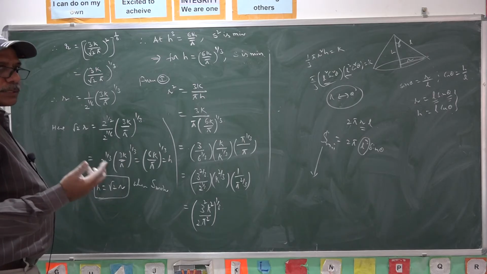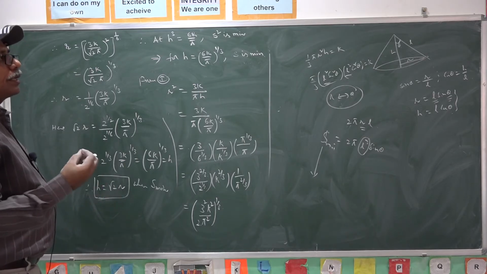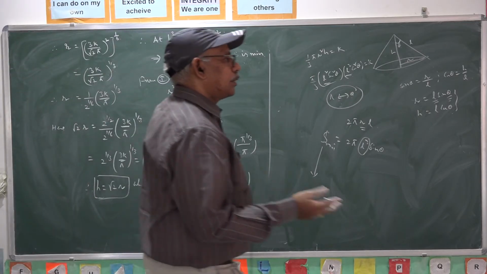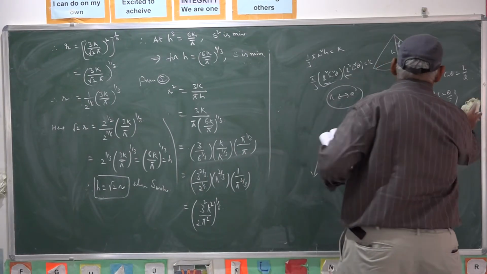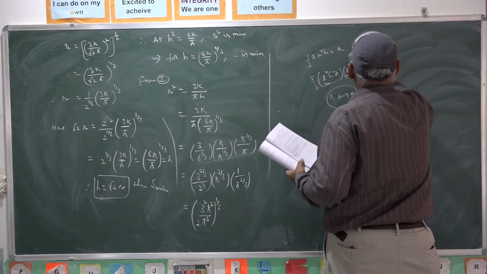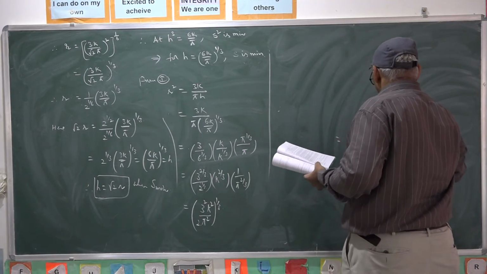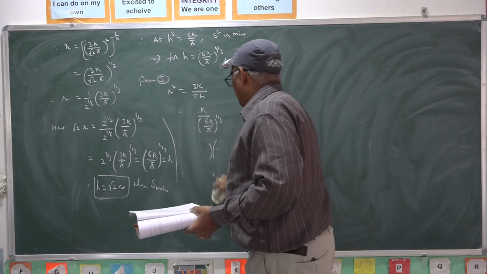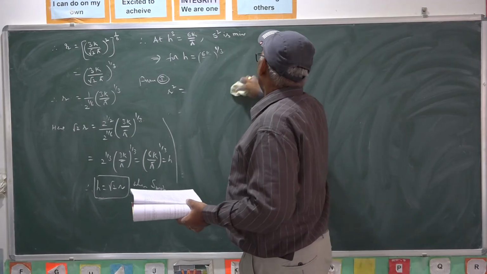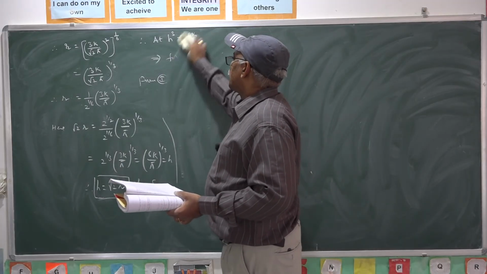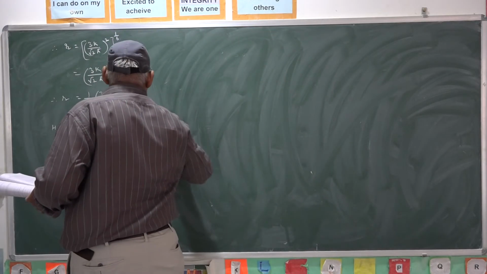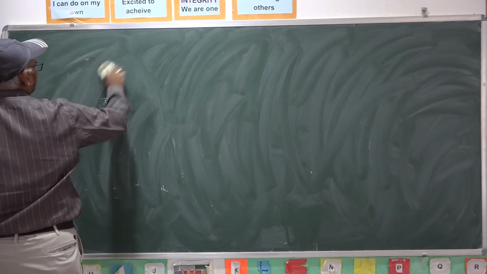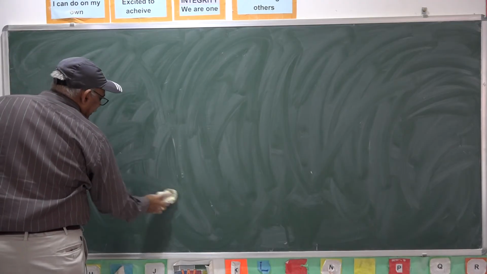Instead of taking R and H as variables, you can take L and theta as variables and you can show H equal to root 2 R. That is one more procedure. These are all essay questions. You must pay more concentration on these essay questions and practice much also. You have to do much practice.